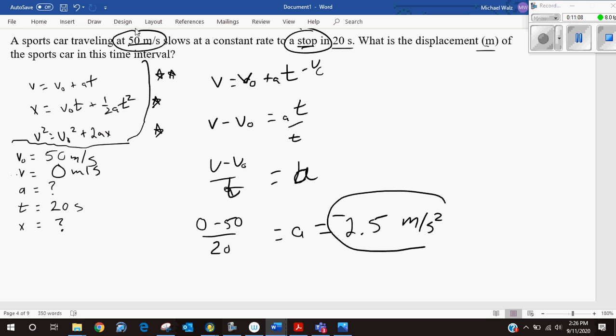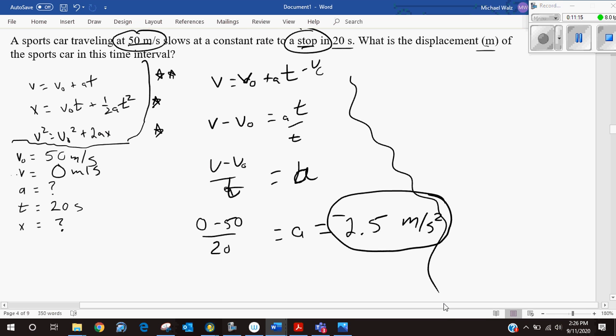Anyone else checking me on that? So that's one thing I want you guys to do, is check me on that. So there's my acceleration. So now, it's a two-step problem. Now I can use this one or this one. Either one is fine to find out the displacement. I'm going to use this one though because it's already set up that way. So x equals v naught t plus 1/2 at squared. X equals 50 times 20 plus